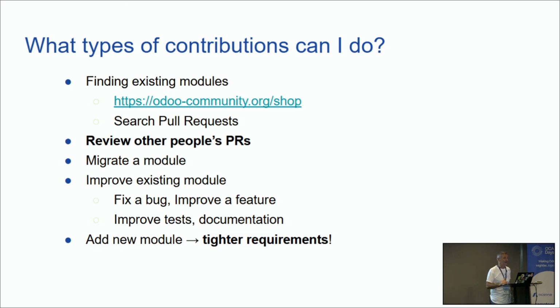So I think a kind of good citizenship rule, let's say: you do some reviews, and then you're entitled to ask people to review your pull requests too, because this is a social thing, right? And so start reviewing PRs, and don't worry if you feel, that's the other thing, don't worry about